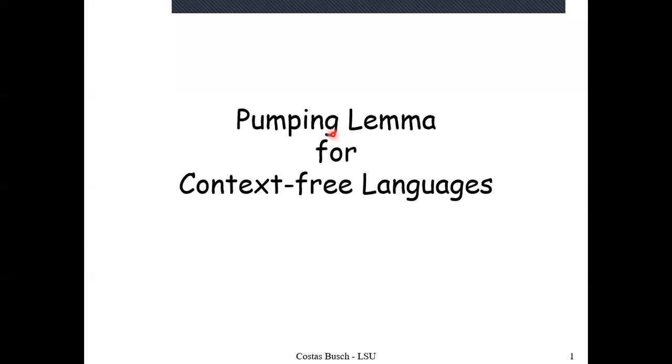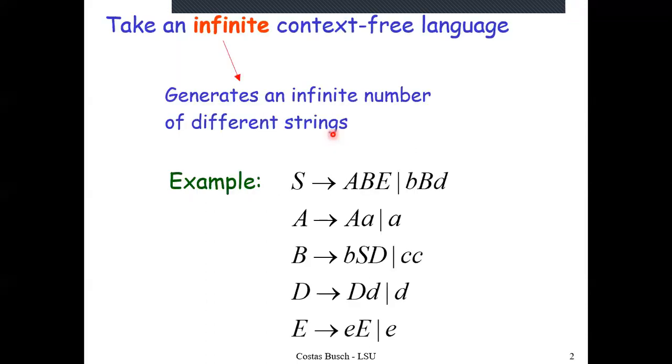Okay, so let's see what are those recursive structures in the grammar that help us out in formulating this result. Consider a basic example. This is a grammar which has 5 variables and 10 substitution rules, and it is going to generate an infinite context-free language. Sorry, we have got 10 productions in here and 5 variables.